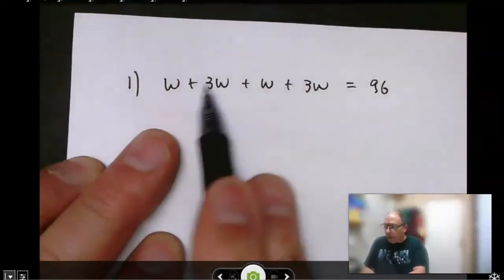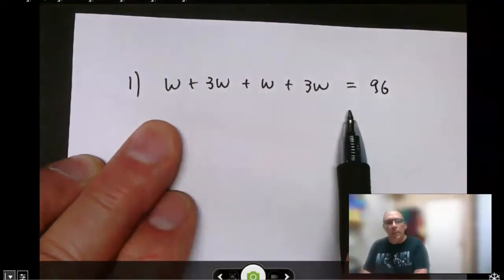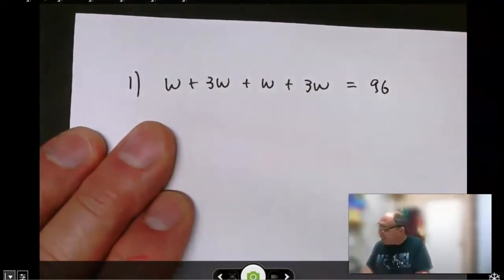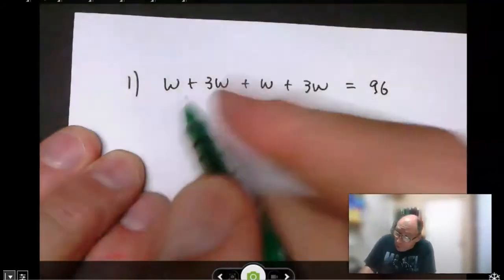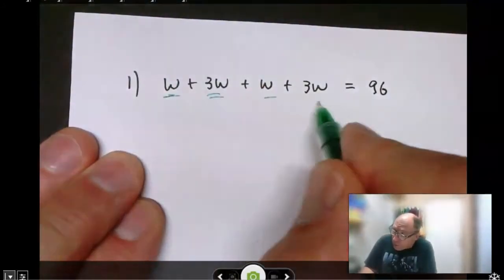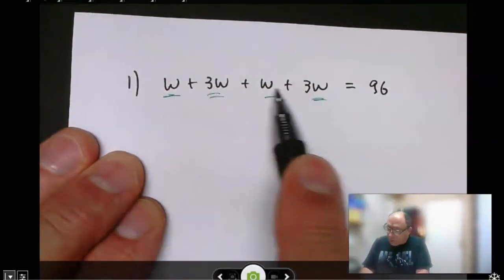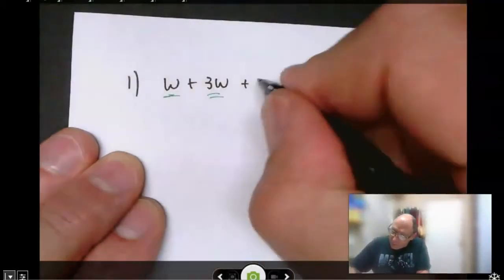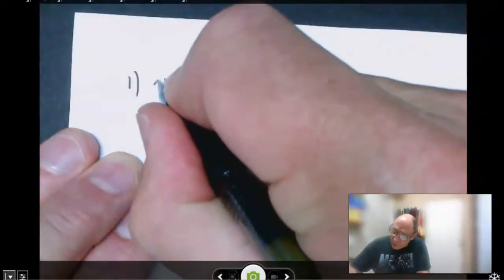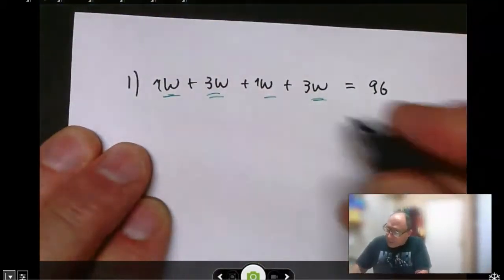Okay, step 1. Are there any parentheses? No. Step 2. Is there combining like terms? Absolutely. I've got w, w. These are all the w's. We just add them up. 3 of them, 6 of them, 7 of them, 8 of them. Remember, there's an invisible 1 in front of each of those. So we have 8 w's